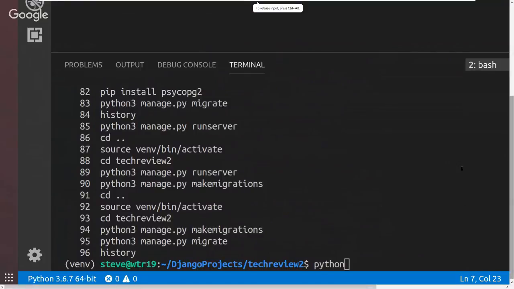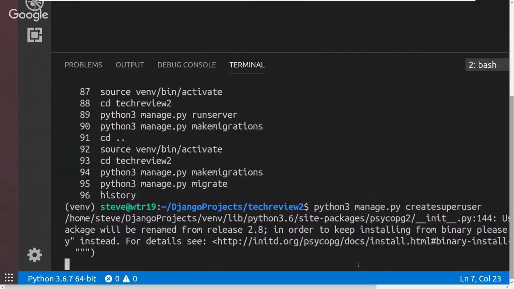And again, I hope I didn't type 3 up there. manage.py. So manage.py is something you're going to come back to a lot, right? It kind of does all your stuff. And I believe it's createsuperuser. It might be makesuperuser. If create fails,